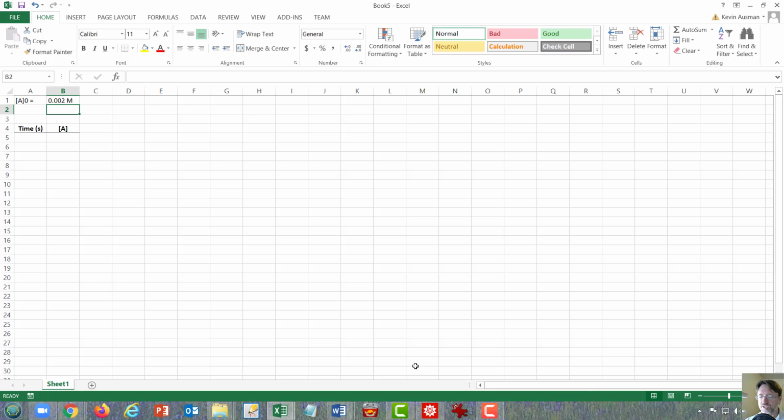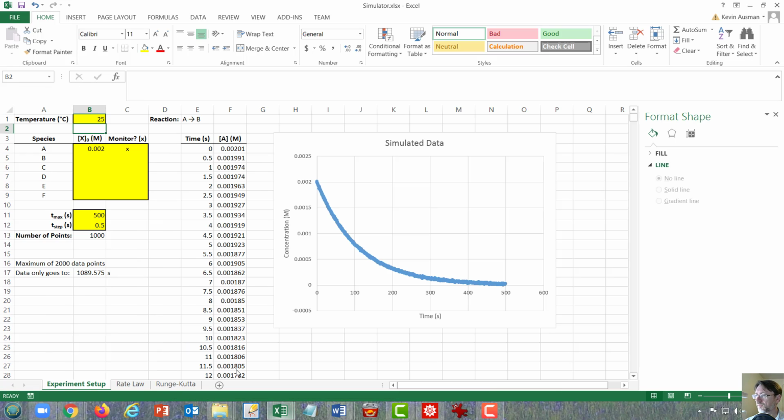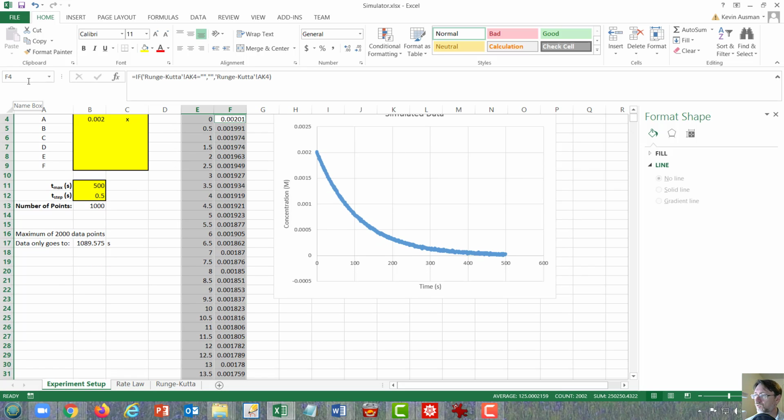Now let's go back to the simulation spreadsheet and get our data. The easiest way to do that is to use some named ranges that I have set up. I've called the time points capital X and the concentrations of the monitored species capital Y. So if you click in this box right here and type capital X, comma, capital Y,